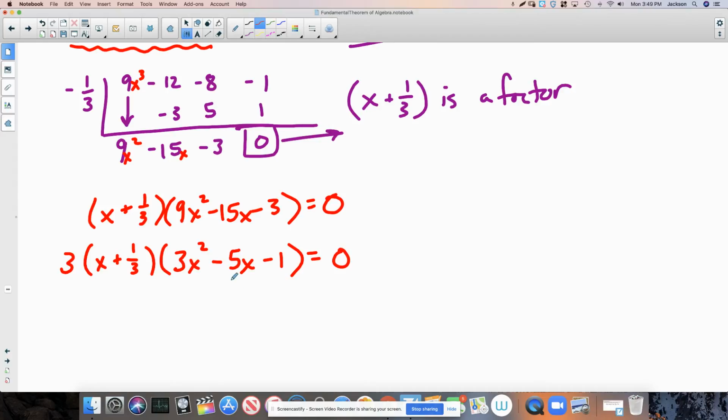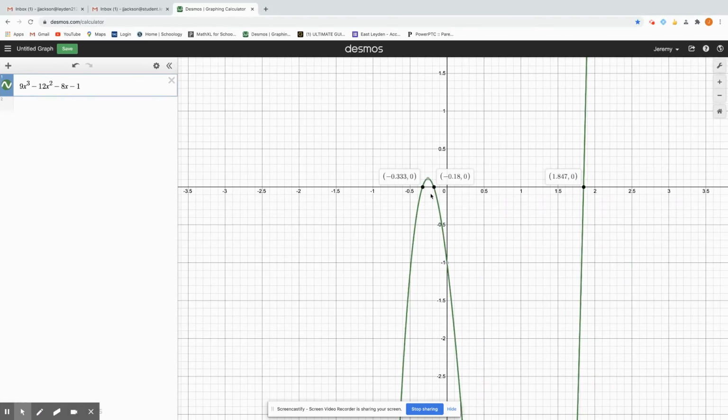Okay, so here's where we currently stand. I'm supposed to find all of the zeros. I already know what one of them is. It's negative 1/3. The other two zeros are hiding in this quadratic. Now normally, stay with me, we would say, oh, this is a quadratic trinomial, so I can definitely factor this. I just have to find the right mix of numbers. But we've already ruined the ending to that movie, because these are those numbers,